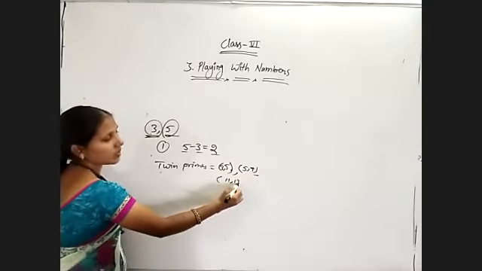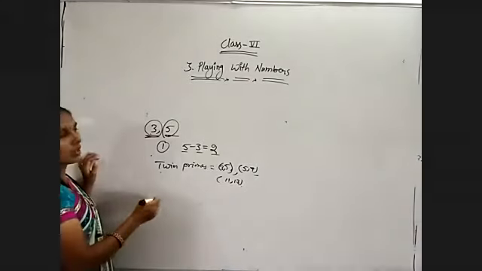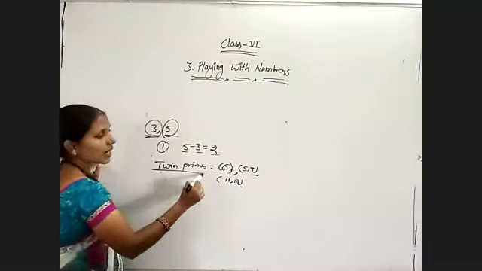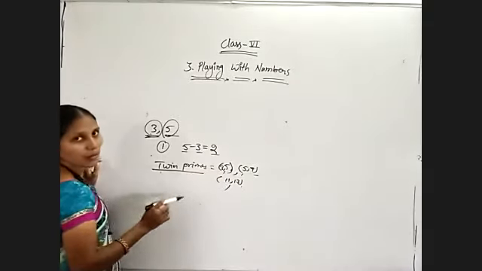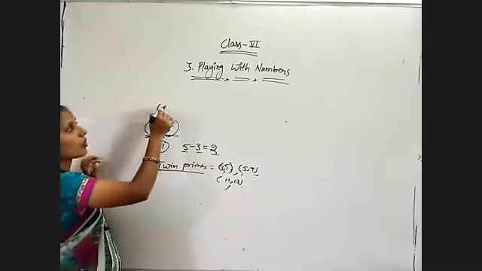11, 13 is one more pair, like that. Always twin primes, compulsory we have to take the prime numbers only. But coming to the co-primes,